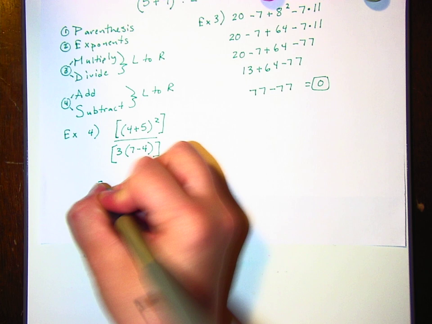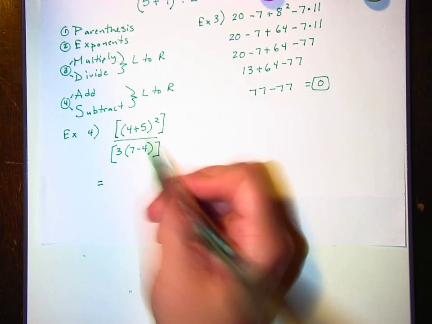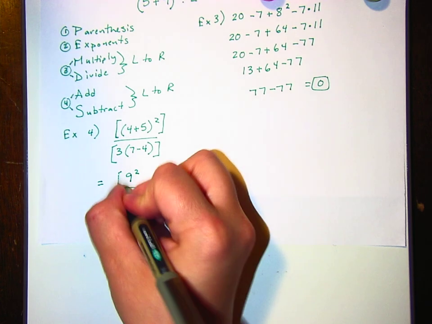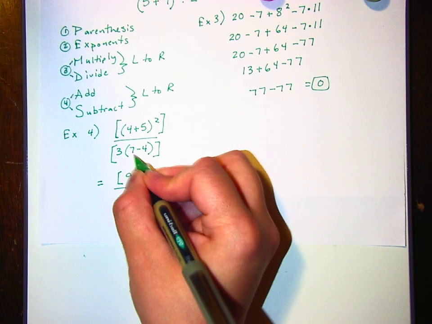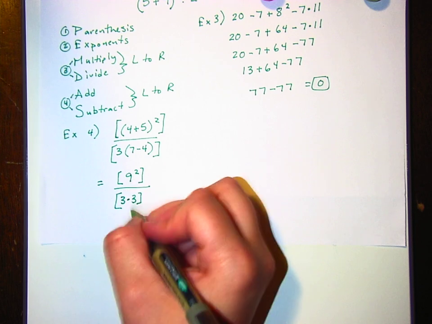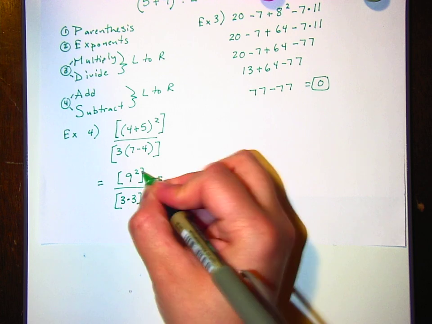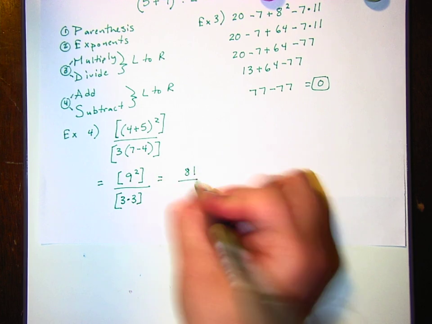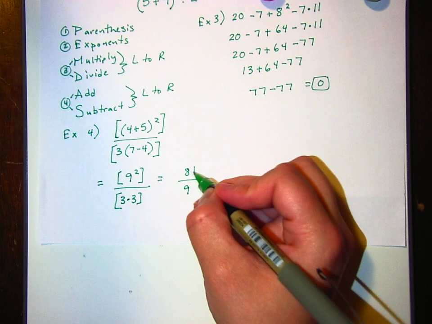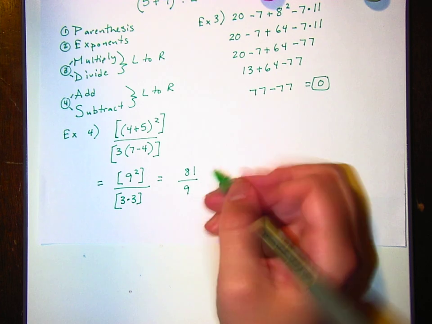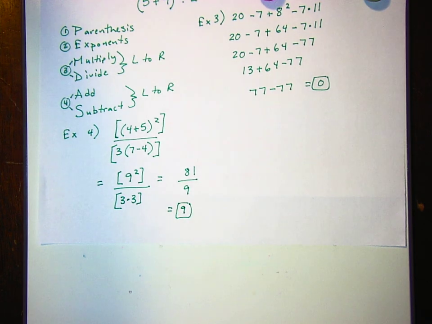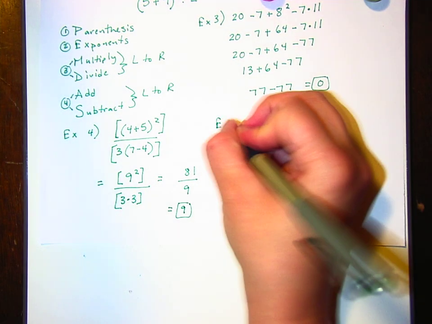All right, I'm assuming you actually did it. So the top part would be 4 plus 5, which is 9 squared. And on the bottom, we've got 7 minus 4, which is 3, so that's 3 times 3 on the bottom. All right, now I've got to do the top and the bottom. So 9 squared is 81. That's 9 times 9. And 3 times 3 is 9. All right, now I can finally divide. So 81 divided by 9 is 9. Should have gotten 9 for that one. All right, last